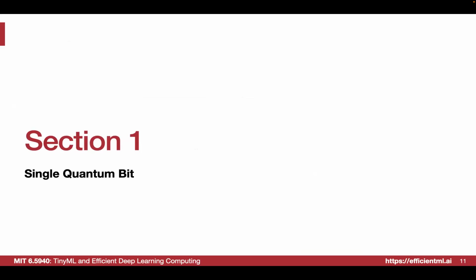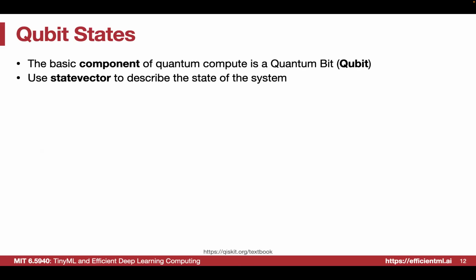So before we go into those exciting advantages, let's get some knowledge about the basics of quantum, right? You may ask, what is the basic element of quantum computing? That is called a quantum bit, or a qubit. Imagine that you are doing some operation on a classical computer. Actually, you are controlling the CMOS transistors. You are applying some voltage on the gate, and then you are doing this switch for a CMOS transistor.